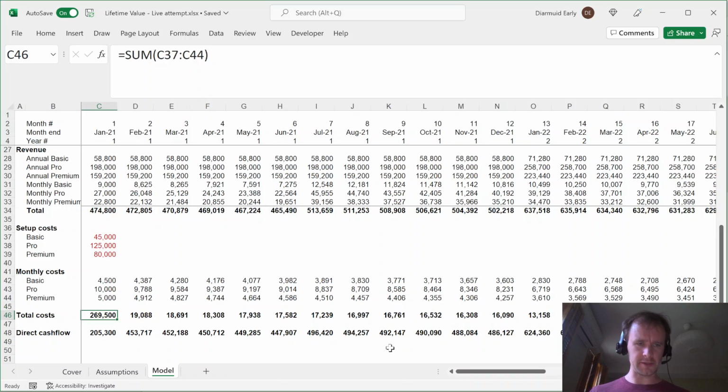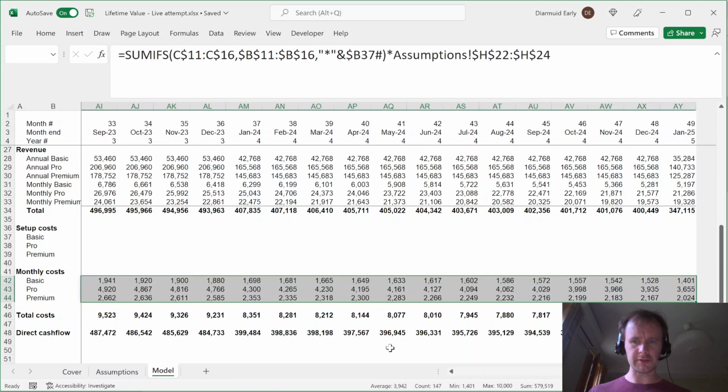Oh, sorry, that's because I'm including my monthly costs. So sorry, try again. I'm including my direct costs. So sorry, 572,440. Yes, that's right. Okay, contribution on a cash flow basis: total revenue less total upfront and monthly expenses for the cohort over the